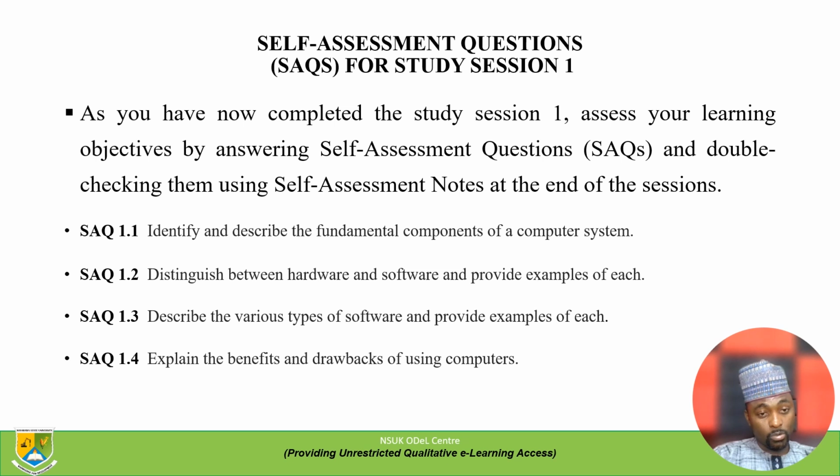SAQ 1.2: distinguish between hardware and software and provide examples of each. SAQ 1.3: describe the various types of software and provide examples of each. SAQ 1.4: explain the benefits and drawbacks of using